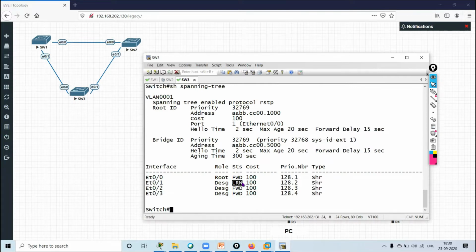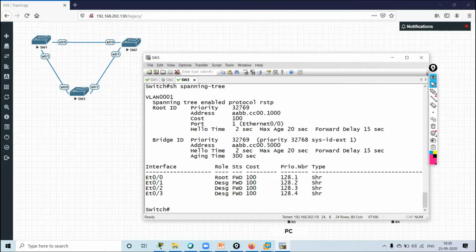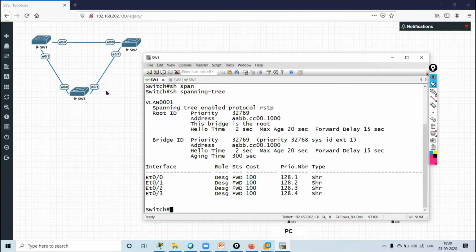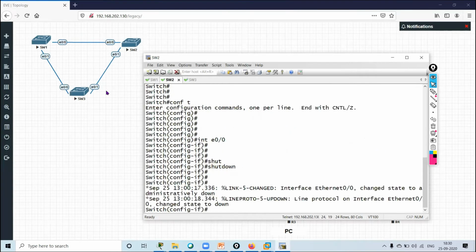Role is designated and listening is not shown, so it will show me the blocking state only. So 15 seconds for listening and 15 seconds for learning. Then it will come into forwarding state. This blocking port will come into forwarding state within 30 seconds. Okay, so now again if I make the configurations same, whatever the basic configuration was there, no shut,